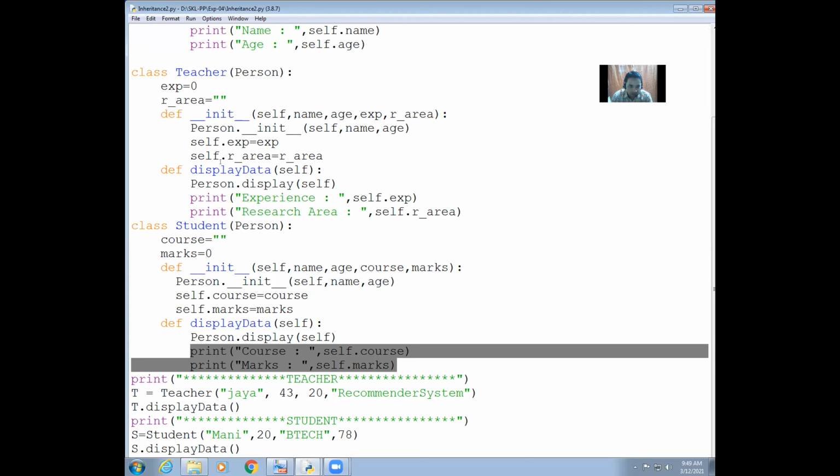Now, yes. Go back, go back. Go into the program. I can see only the output.